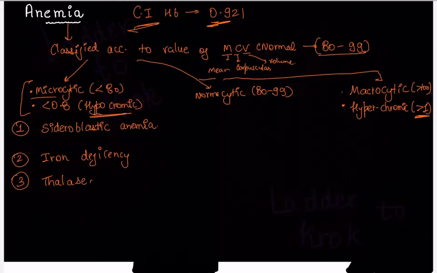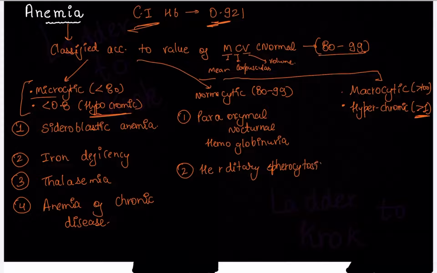The second one is hereditary spherocytosis. This is also known as